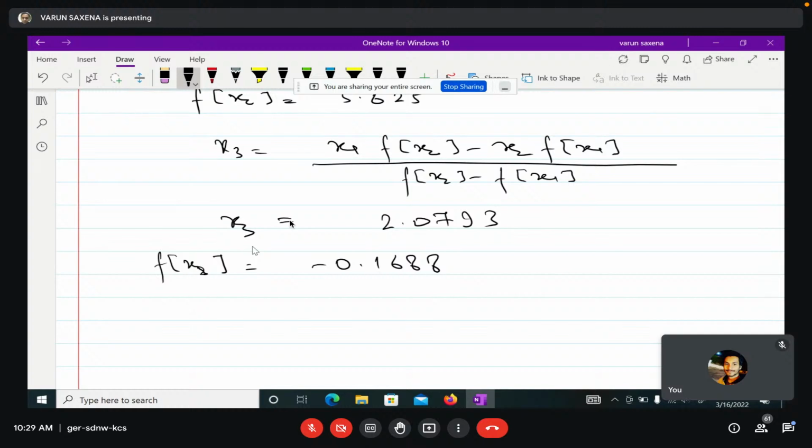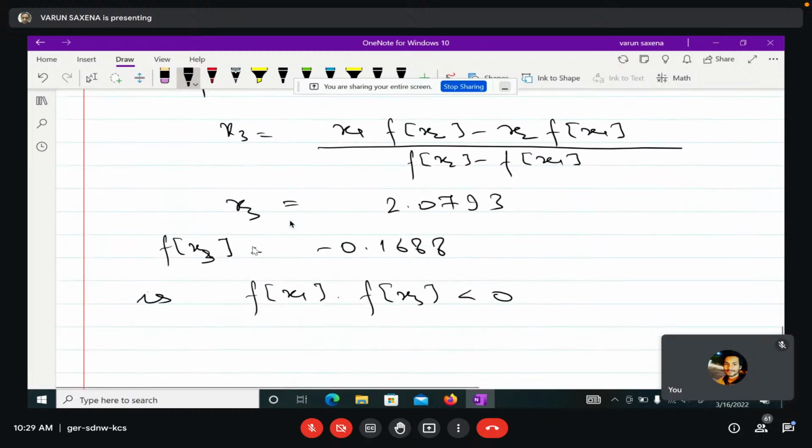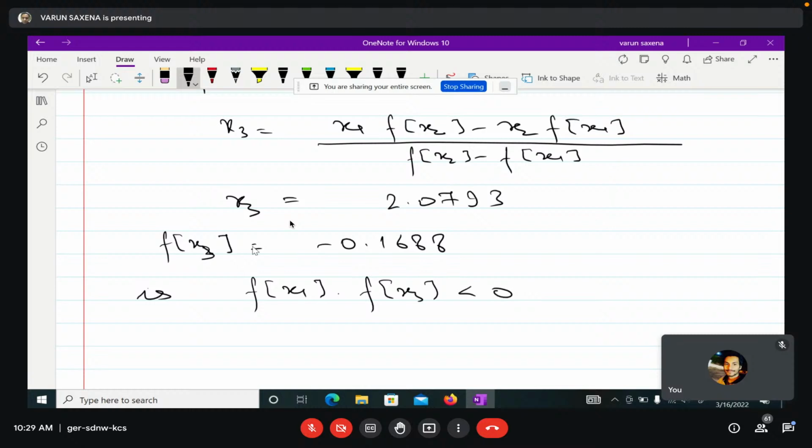Now, is fx1 into fx3 less than 0? What is fx1? fx1 is minus 8.109. fx3 is minus 1.668. So this is not true again. So that means